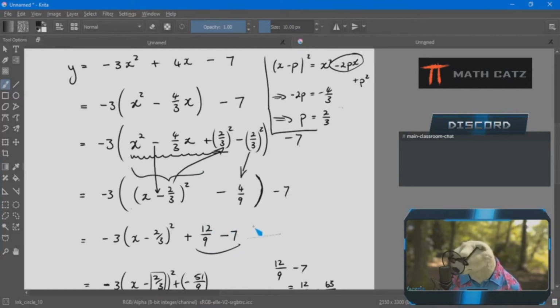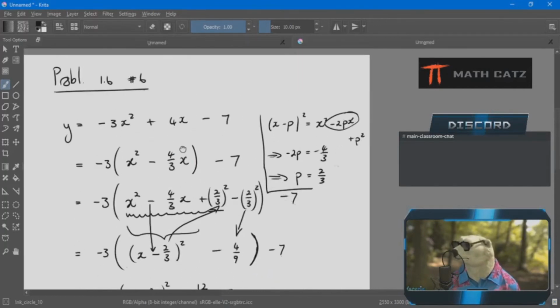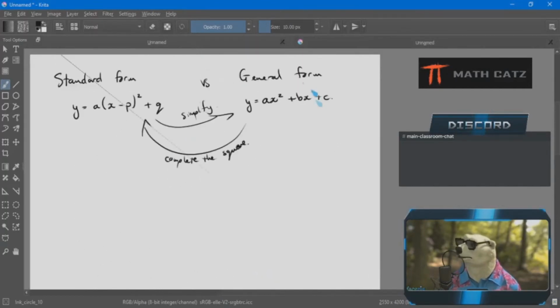All right. So you decide how you feel about completing the square. It is unfortunately necessary if I want to go from the general form to see the standard form and the vertex and everything. But luckily, one could,